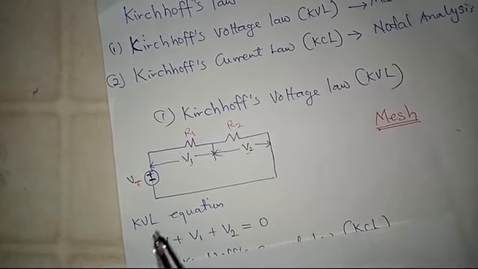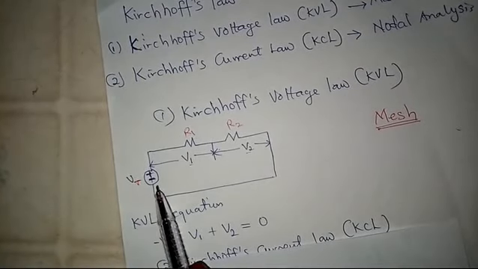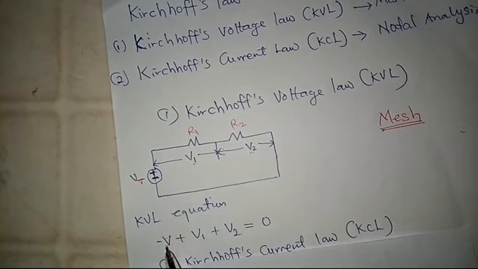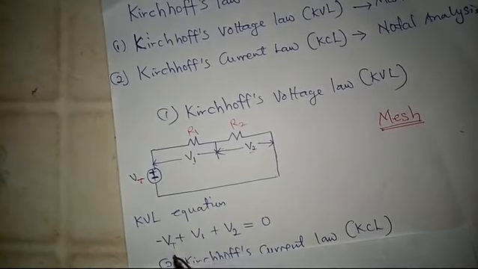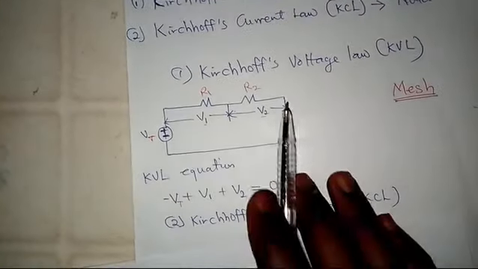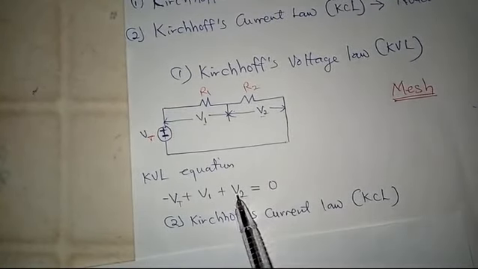So the algebraic sum of voltages, so far as you know the sign convention of a voltage source, is minus V total plus the voltage drop at R1, which is V1, plus the voltage drop at R2, which is V2,